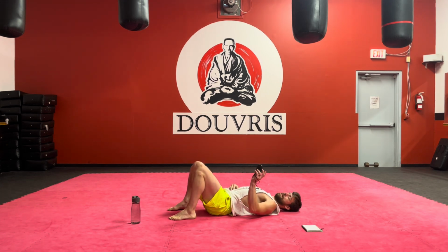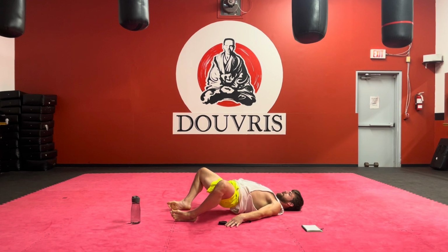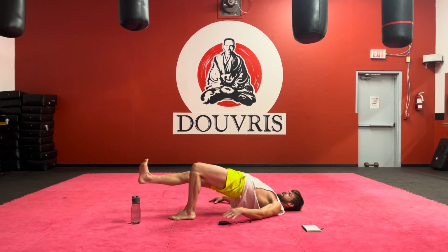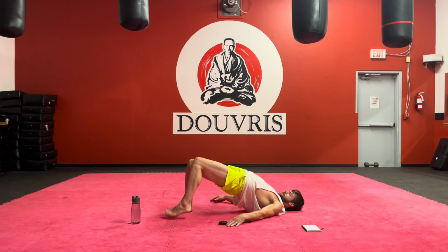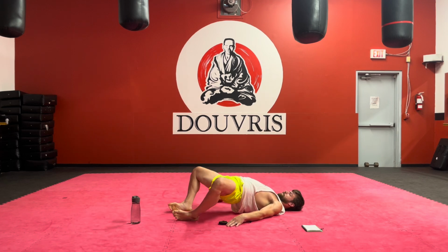So starting in 2, 1, hips up, and from here we're going to open the knees back to the middle. Extend one leg. The lower you keep it, the harder it is to hold. You can add the thrust. And back. And again, open, squeeze back to the middle, extend, and thrust, and open,